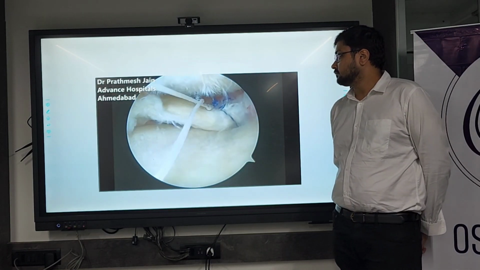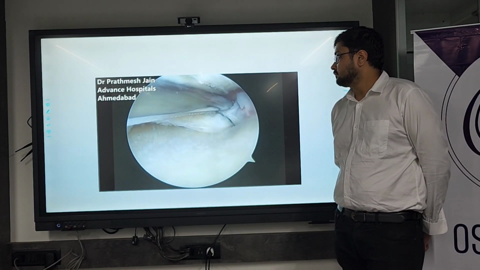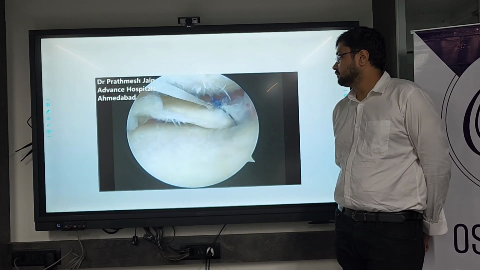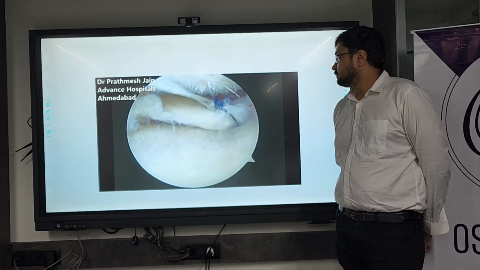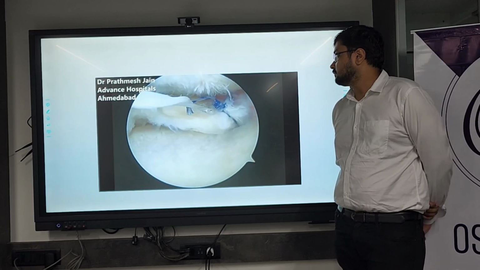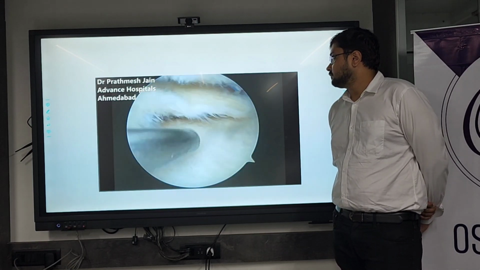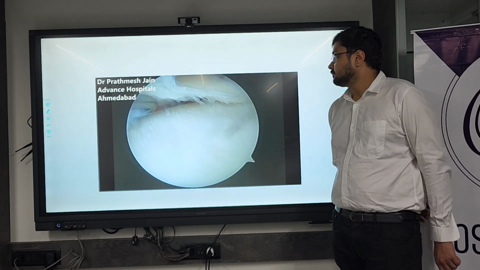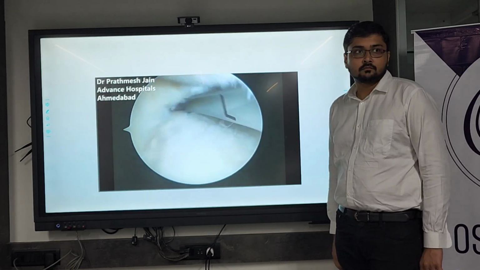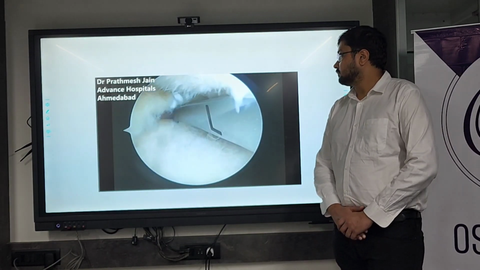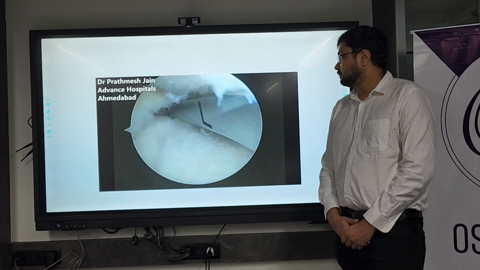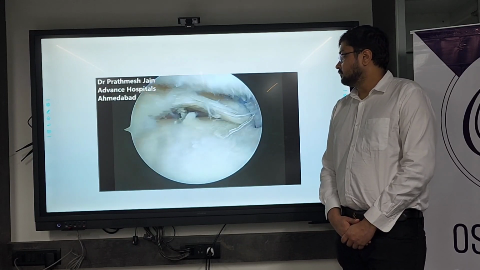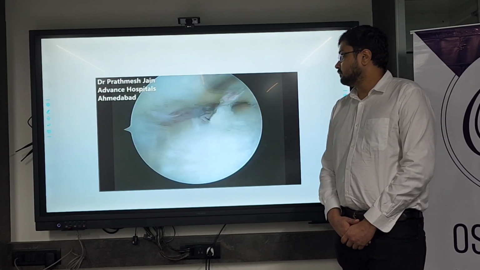Okay. So in the end, what we did was, this is the third anchor we put, the root fix anchor, and it fixed the root. Still there is a little bit more extrusion on the posterior middle aspect. So we put the fourth anchor. The fourth anchor is again a root fix anchor, back into its position. Again the same steps are repeated.